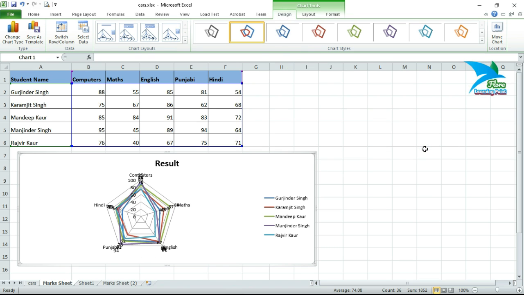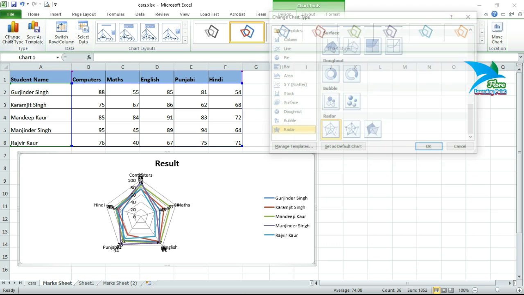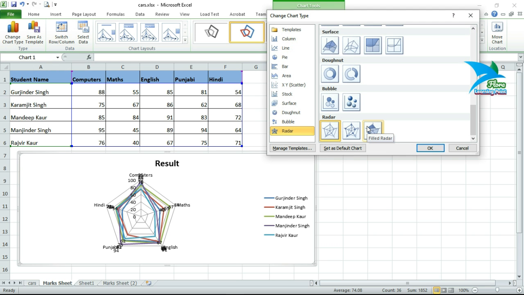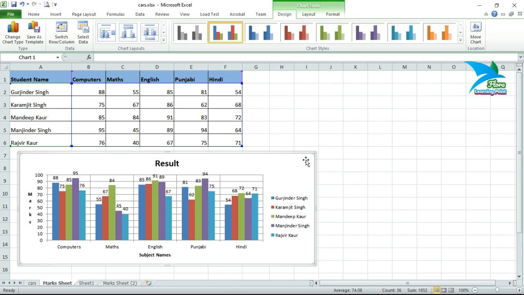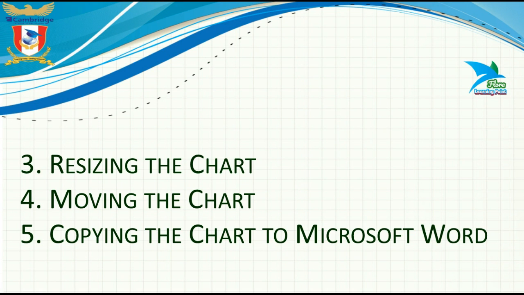For example, I want to choose this radar chart. Just select the chart, and now you can see. So this one is the way how to create a chart, and what are the various types of charts available in MS Excel. After creation of one type of chart, you will be able to convert that chart to any other type also. So that is the way how to create different types of charts in Excel.